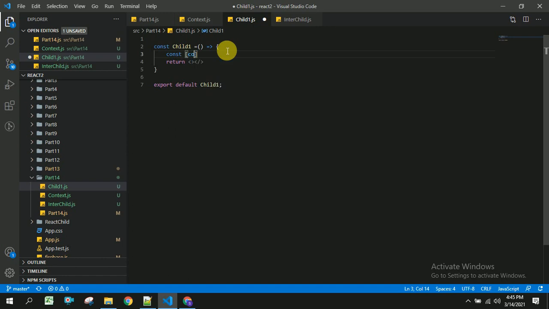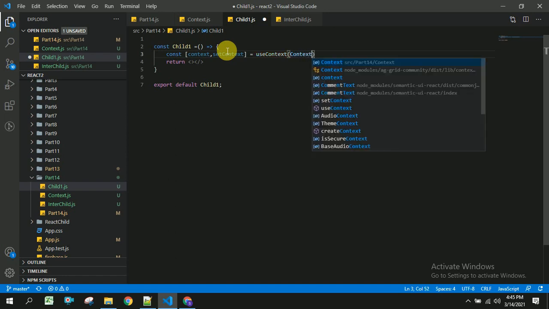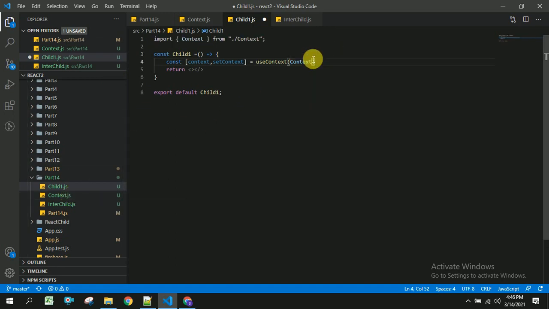So context and set context is equal to use context. As I have already mentioned, if you want to use context, then you have to import this context file or context.js file wherever you want. So I am going to import this again in this component.